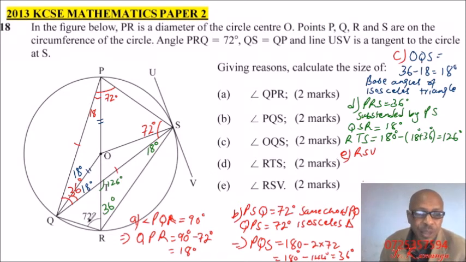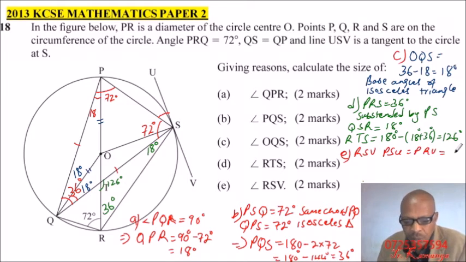Now PSU is equal to 36. We can say 36 because the external angle made by a chord with the tangent is the same as the angle subtended at the circumference. So we can say PSU is equal to PRV, and PRV is 36. So if that angle is 36 and we are required to find RSU,